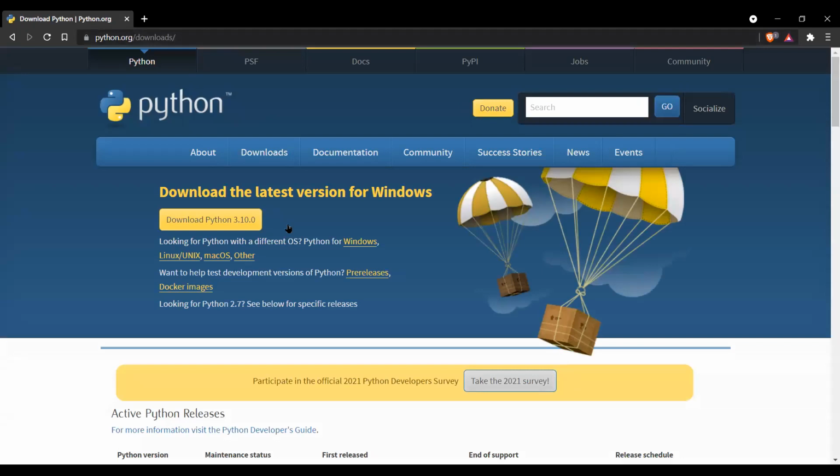If you have a Windows system, you can use this link to download Python for yourself, and this is for Macs and this is for Linux.